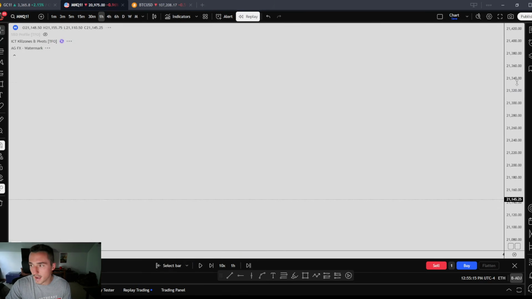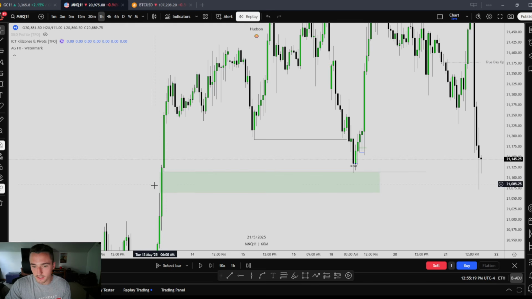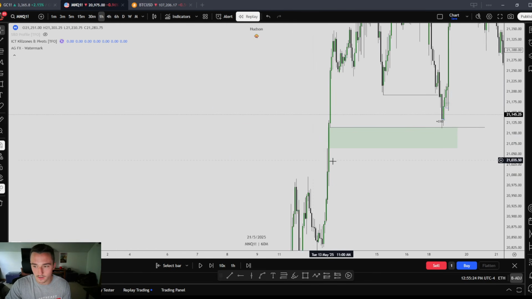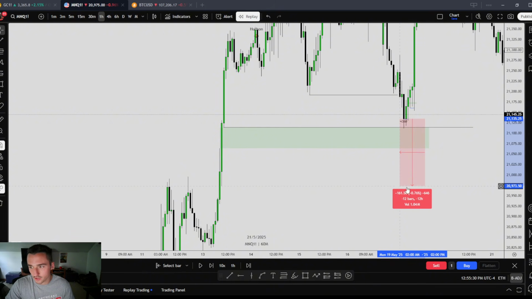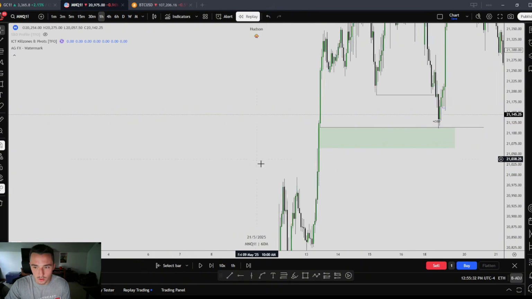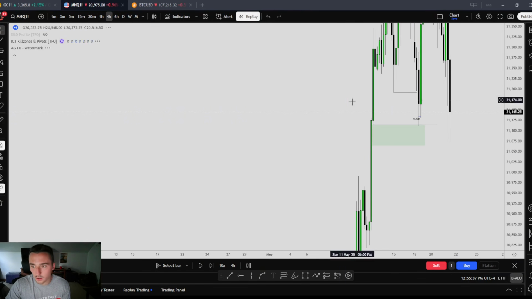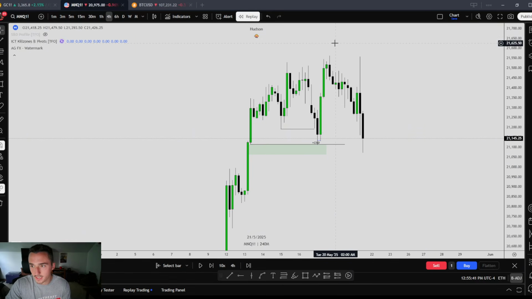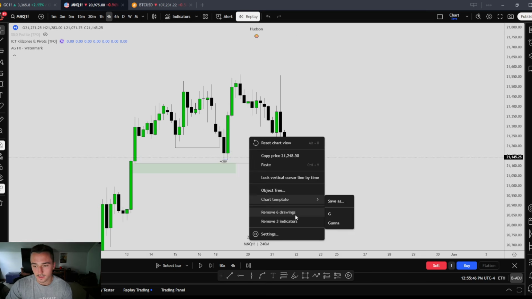So you guys see how I got my very simple bias just from this fair value gap. Why not this one? Well, this one broke highs, right? We probably aren't going to come all the way down here, right? I mean, that's another 160 point move. So this one right here is good enough, right? Because it's also this big 4-hour fair value gap, right? But you guys see we expand higher. Okay, now that was Monday's draw